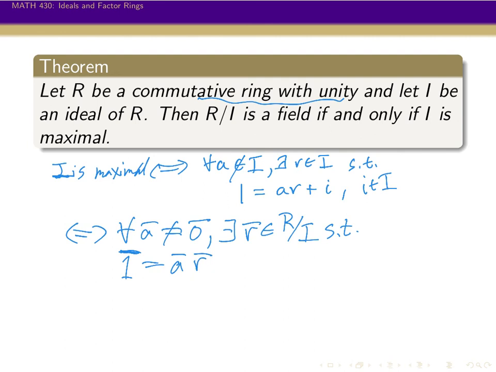And since 1 is the multiplicative identity in R, 1 bar has to be the multiplicative identity in the quotient ring,